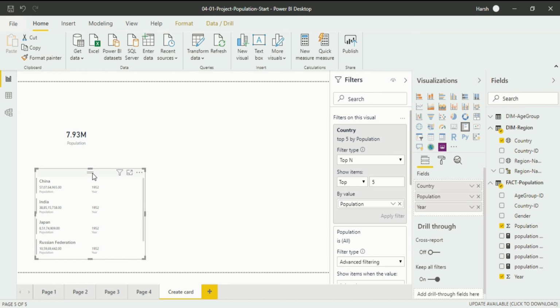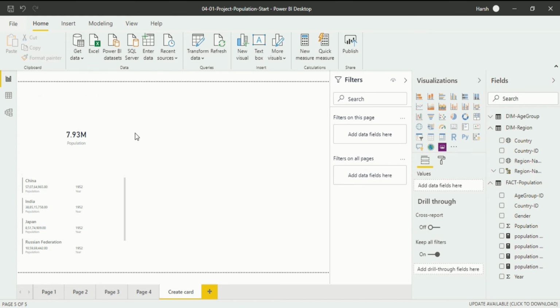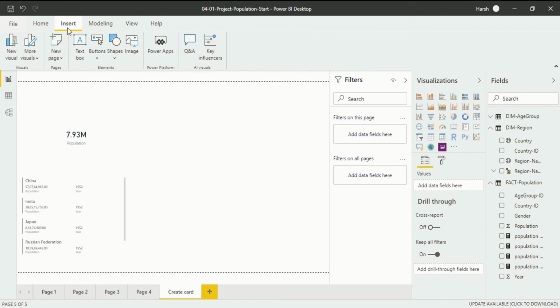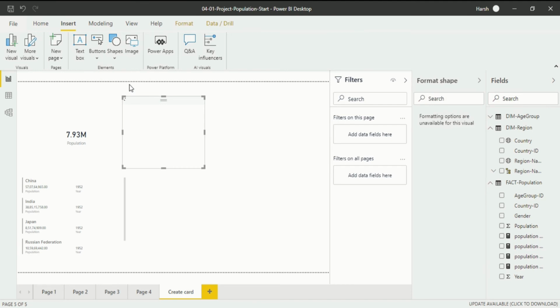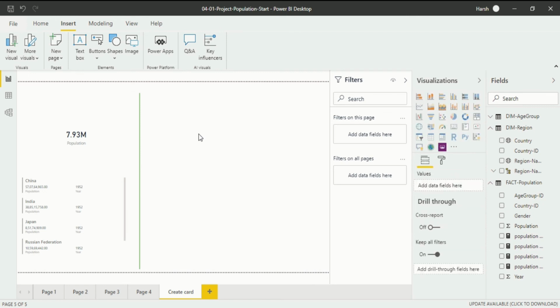First of all, we will drag this a little bit into the center. After that we can decrease the size of it. After decreasing the size of this visualization, we will go into the Insert ribbon. In the Insert ribbon, we will get Shapes. In Shapes, we will choose a line. So we'll create a difference between both of these visualizations. First of all, we should decrease the size of it. After that, increase the length. So the difference is now created, so our two visuals will be different.